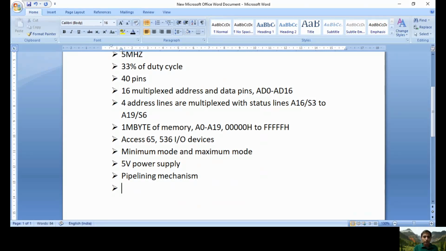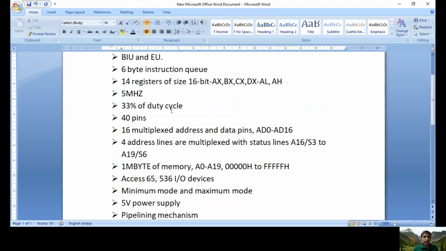In older versions of microprocessors like the 8085, we also have two units, as I already mentioned, BIU and EU. In those previous versions, if one unit is fetching the instructions, the other unit is idle. For example, when the bus interfacing unit is fetching the instruction, the execution unit is idle and won't execute. Similarly, whenever the execution unit is executing, the bus interfacing unit won't fetch. So only one operation takes place at a time in older versions.